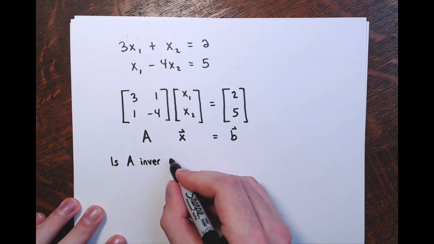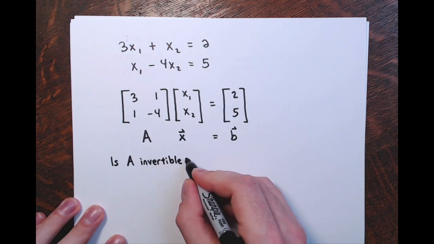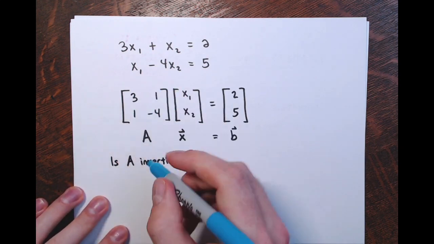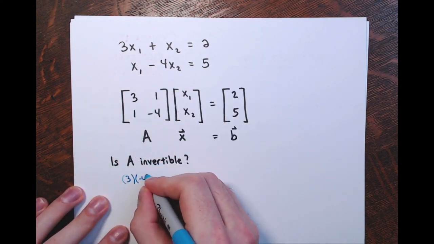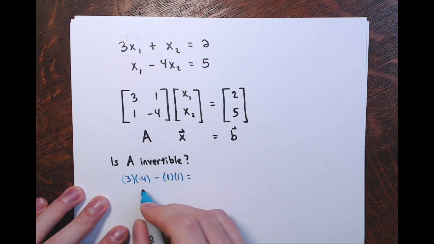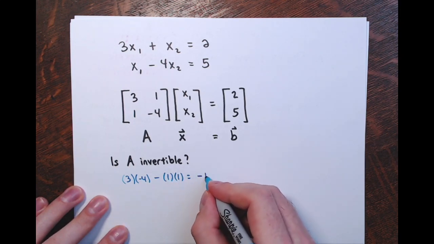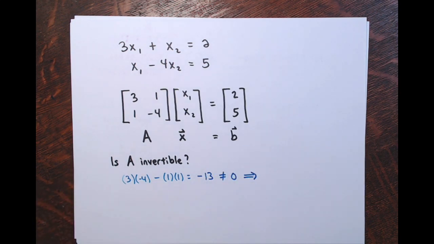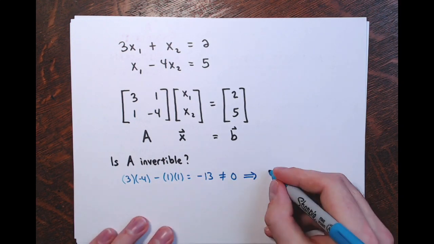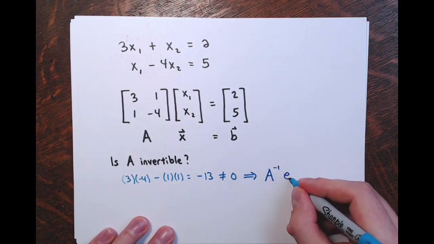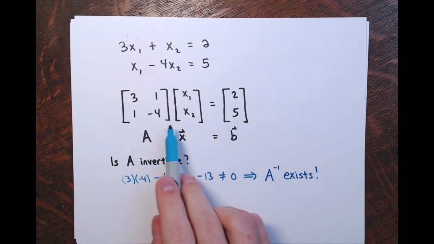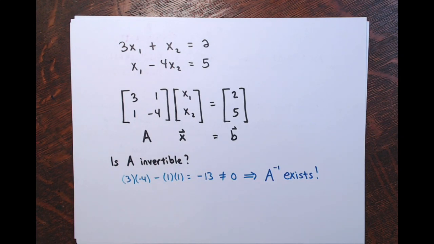If you have a square coefficient matrix, this should be the first question you ask yourself. Is A invertible? So I take that A times D minus B times C thing, right? 3 times negative 4 minus 1 times 1. This is negative 12 minus 1. That's negative 13. That is not 0. And if that expression is not 0, then A is invertible. A inverse exists. Meaning, again, this system will have exactly one solution,